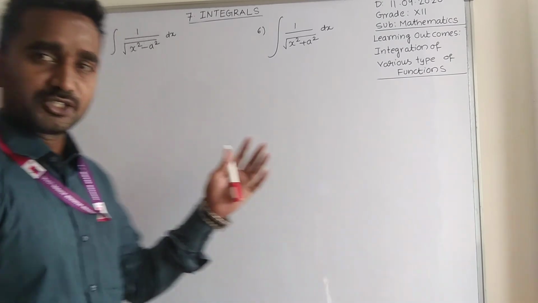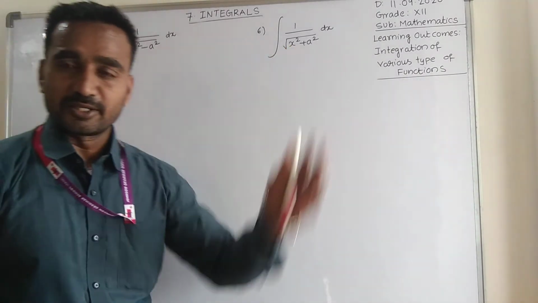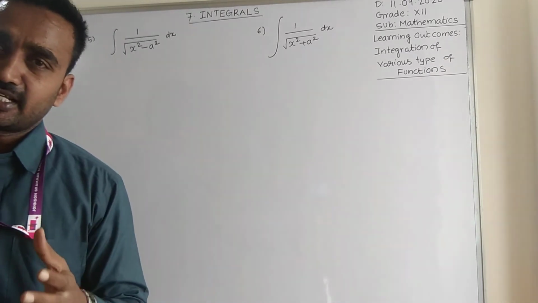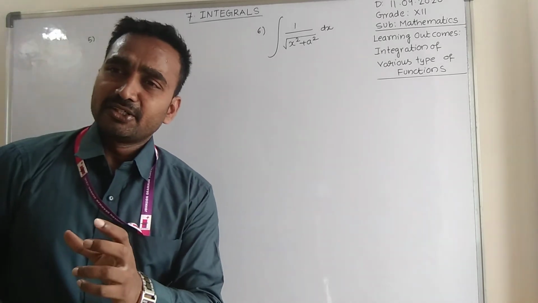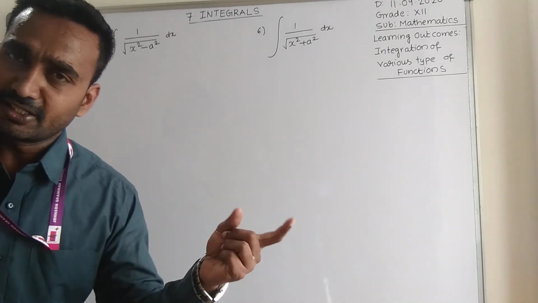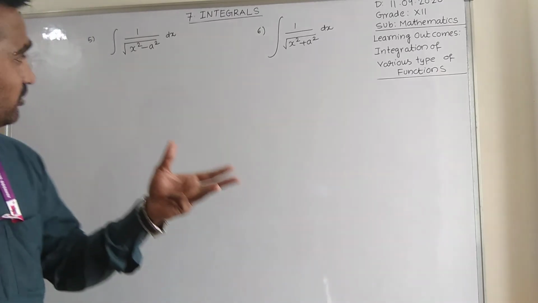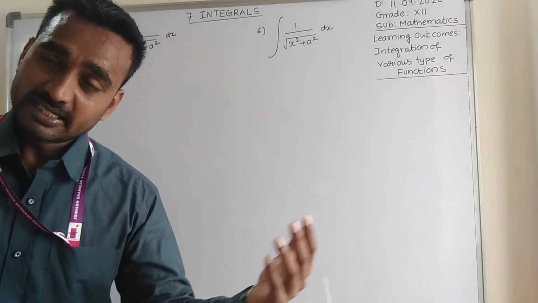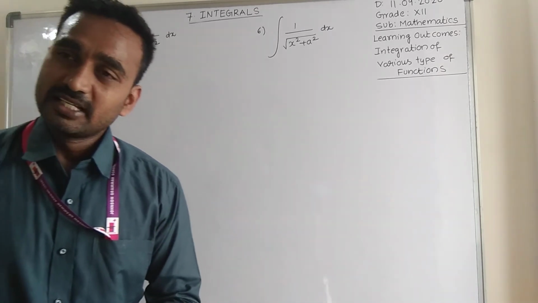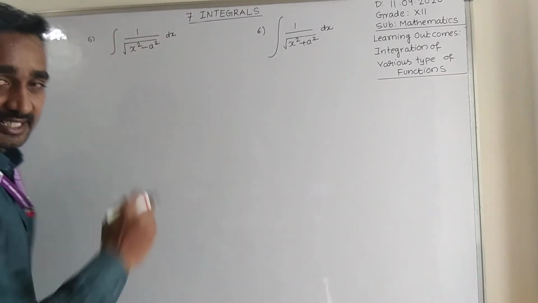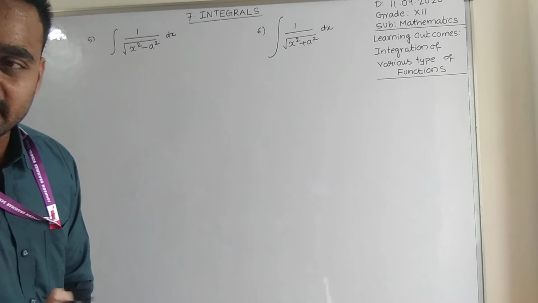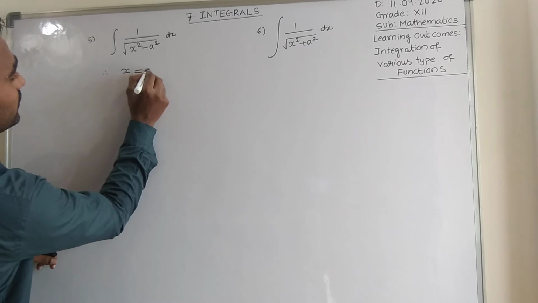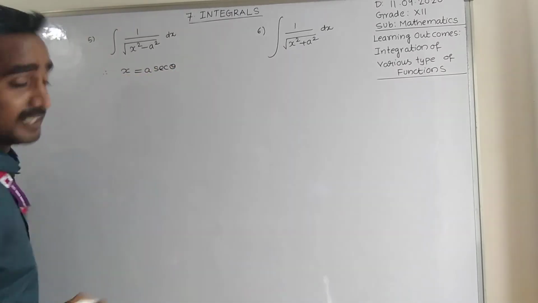Now students, last 5 minutes. Please look here, these two: x square minus a square, x square plus a square. Here, for x square minus a square, if you put x equal to sin theta or cos theta, it is of no use. According to the real number definition, sin theta and cos theta are no use. Now see, if we check x equal to sec theta, sec square theta minus 1 gives tan square theta. So put x equal to sec theta, because sec square theta minus 1 gives one trigonometric ratio, that is tan square theta. So put x equal to a sec theta, right.